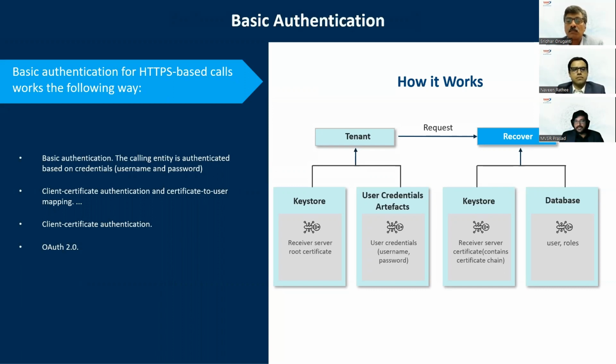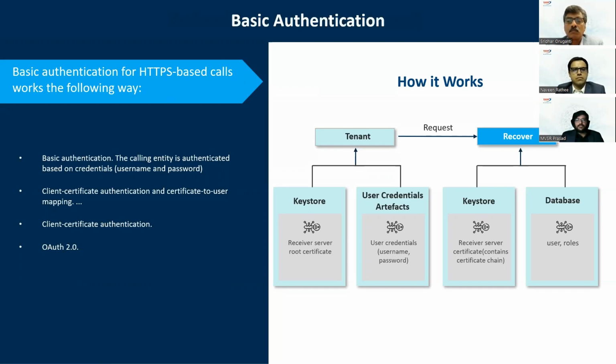That's what I said, username and password exclusively we have to pass, and client certificate authentication and certificate to user mapping, and client certificate authentication and OAuth 2. So these are all the different aspects of the basic authentication, but where we will be passing using the OAuth